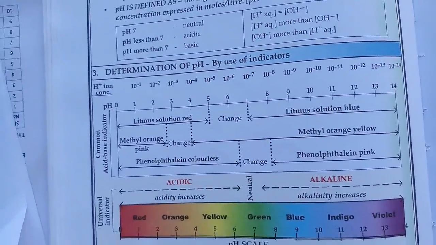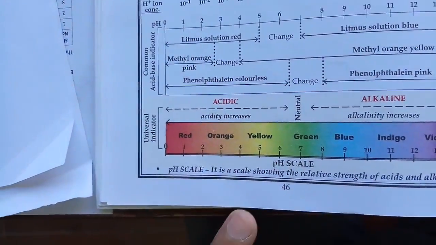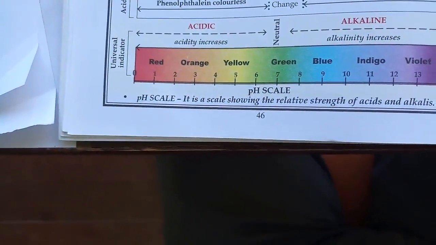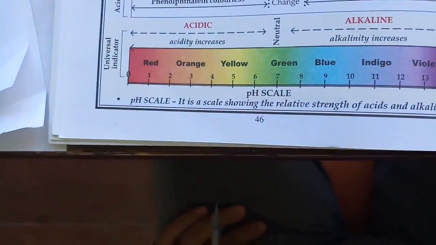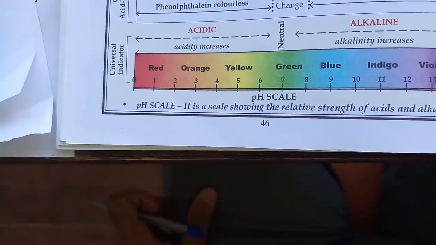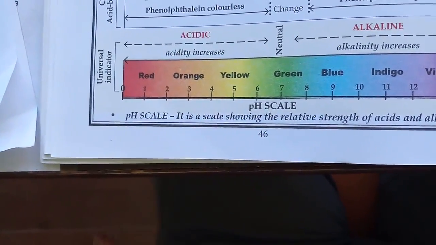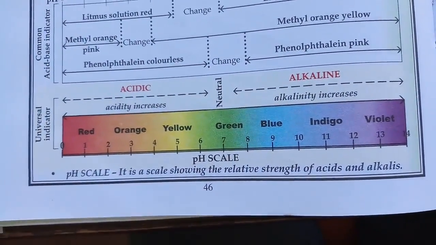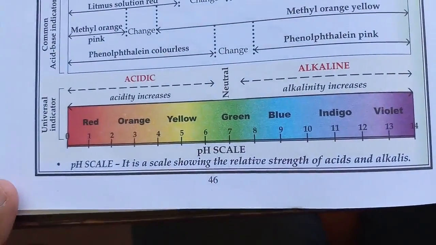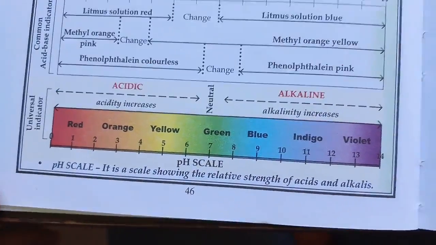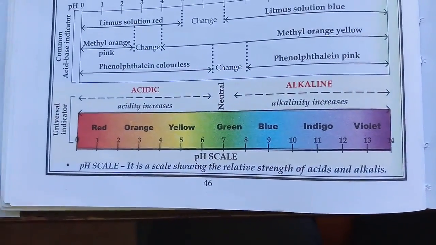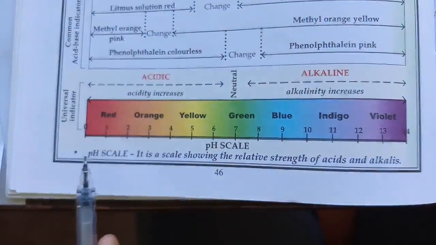How do we determine by indicator? This is a pH scale. If you have been to the chemistry lab, when we come across it again in school, we'll go to the chemistry lab and we'll see this. So they have pH paper. On the pH paper's main strip, you can find this kind of markings, different color markings